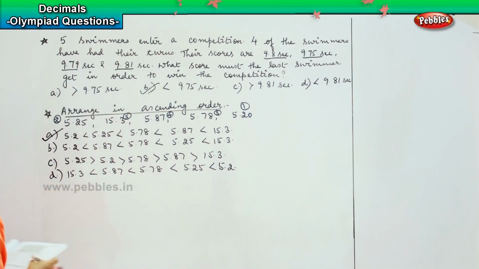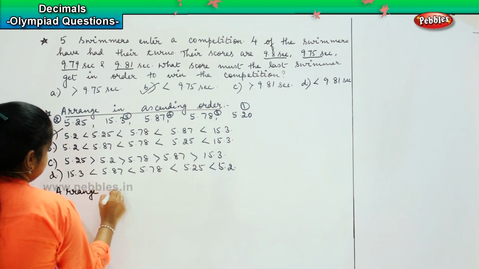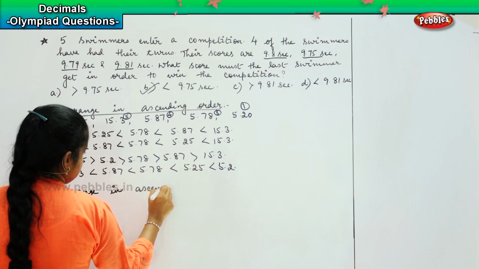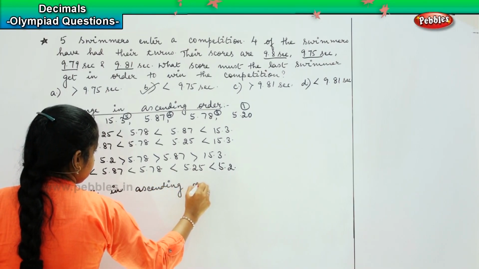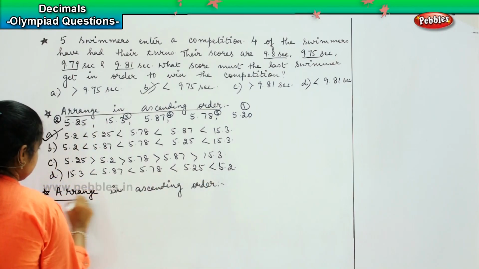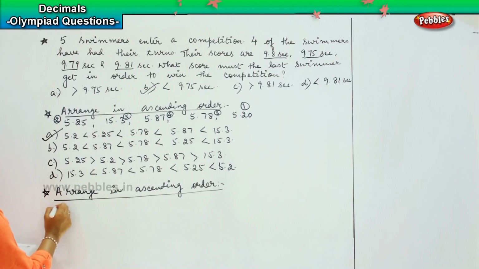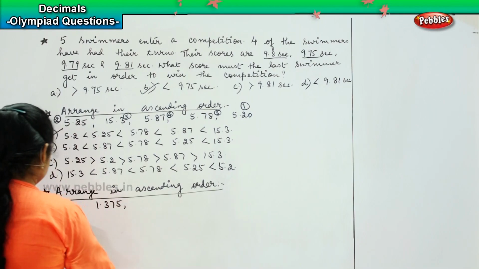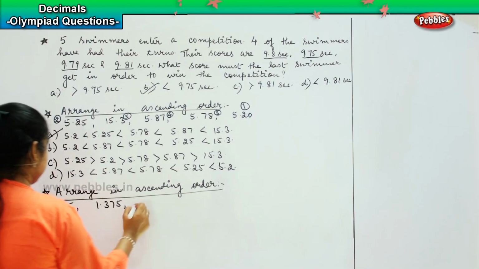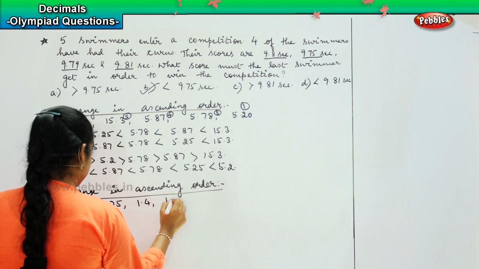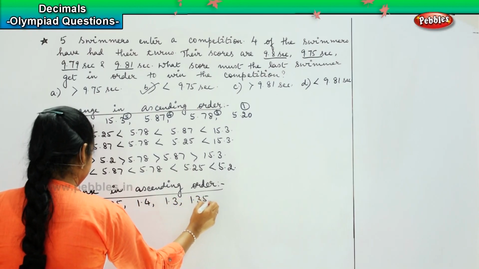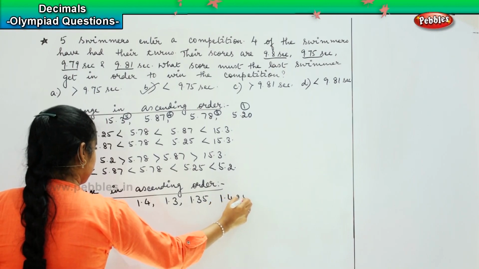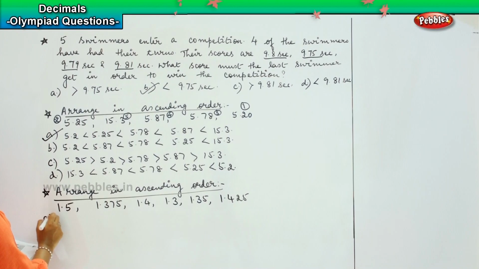Okay. So the next question given is the same: arrange in ascending order. The question is 1.5, 1.375, 1.4, 1.3, 1.35, and 1.425. Okay. The options are: